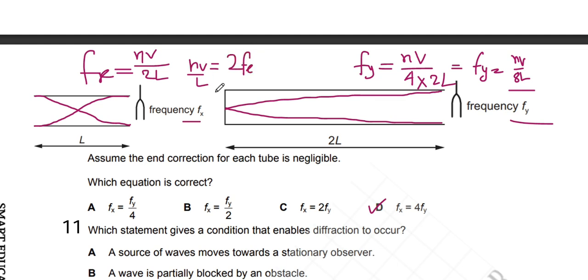Now you have to substitute this value of Fx in this equation. So that would be Fy equals, in place of nv by L, 1 by 8 remains. If we take out nv by L from there, in place of nv by L we will get 2Fx, and then